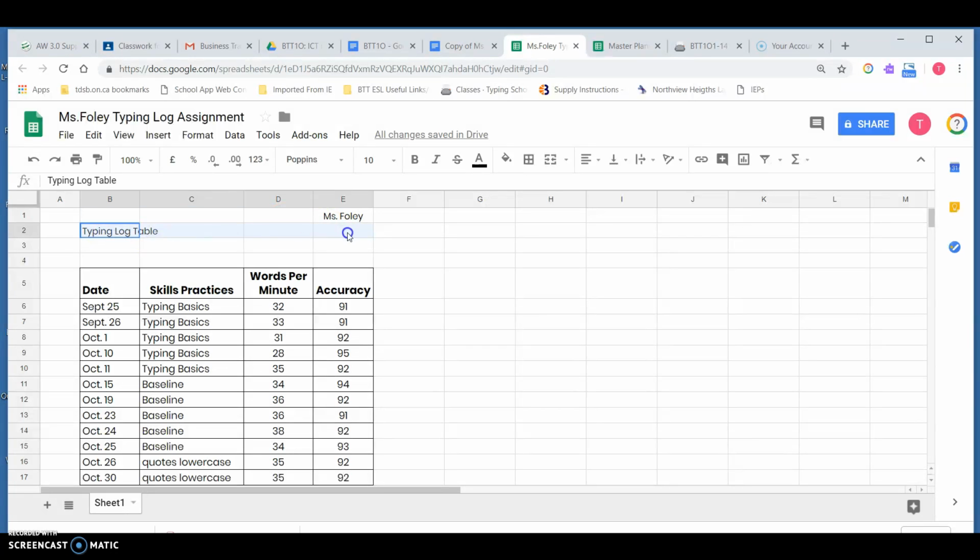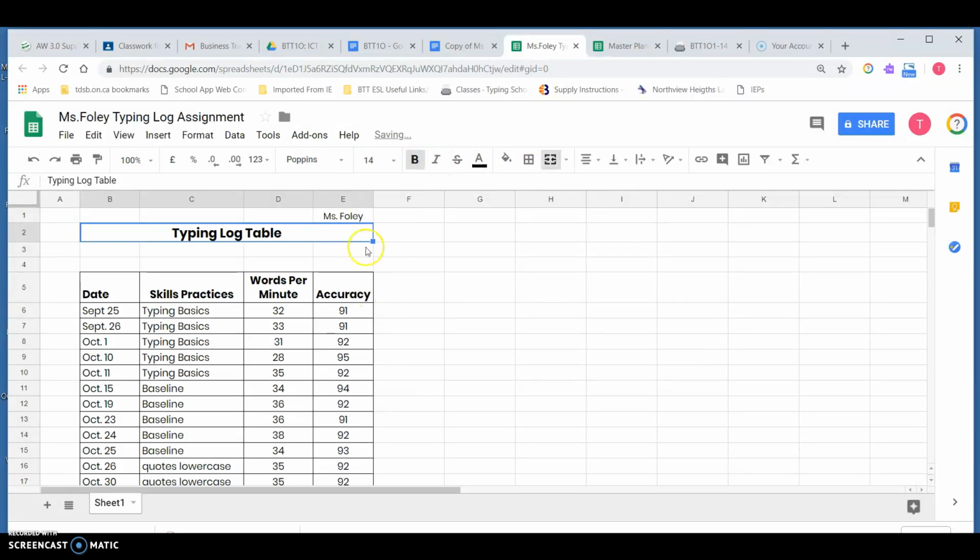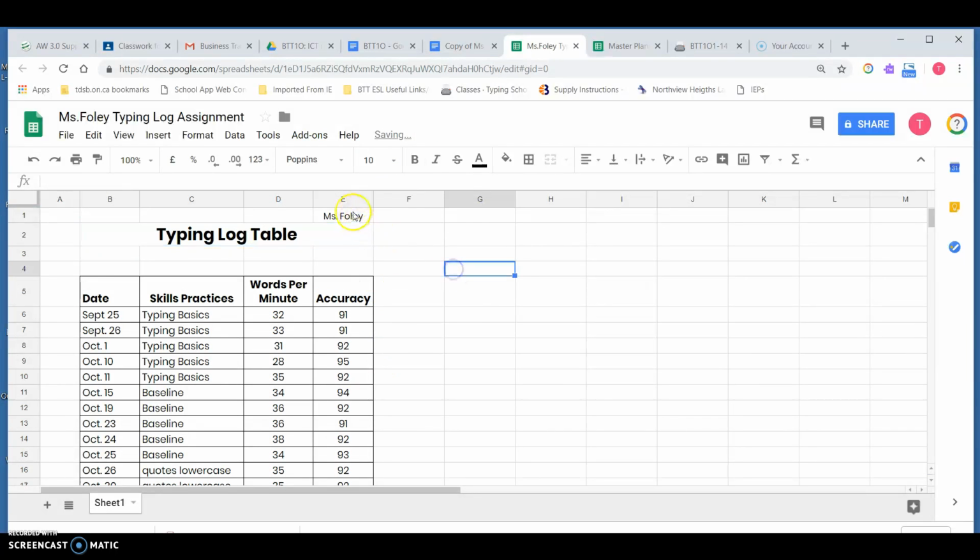I'm going to show you how to make this into a table. For example, I want to use this, merge cells. Now this is all one cell, and I want to center it in there, bold it, and make it a bigger font so it looks like a title or heading to the overall sheet. My name, I would like that aligned right in the corner, and I will insert my logo by going Insert,